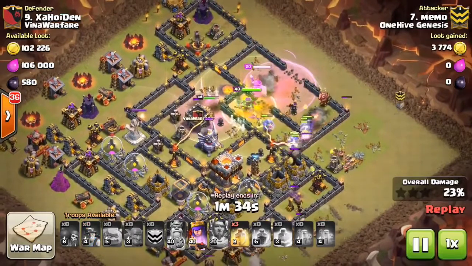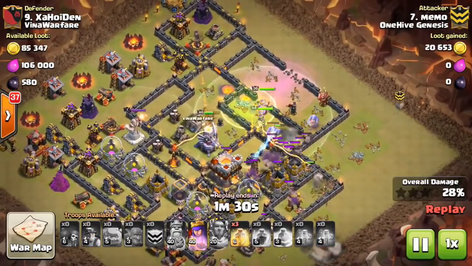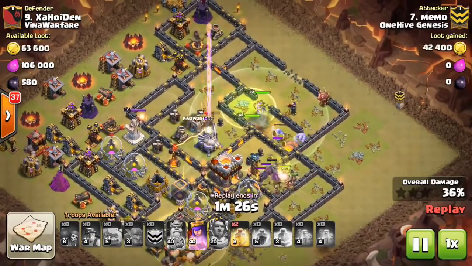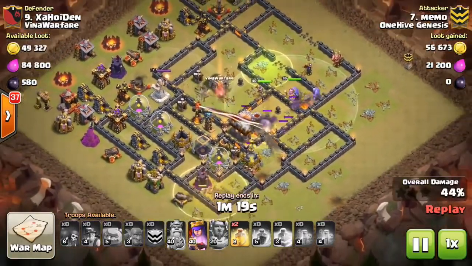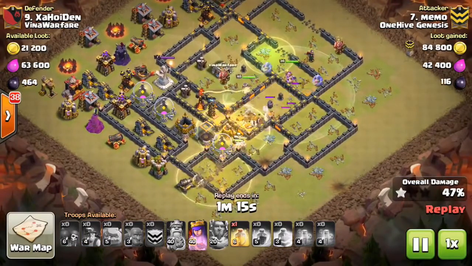Good early deployment there. They're going to tank for each other, adjacent deployment. Like I've said, that's the best way to do it. Get great value, and that helps your kill squad stay up longer. But there's still quite a bit of his kill squad left up. The heroes just took out the Eagle artillery. One of the Infernos is already down, and like I said, at this point in time, it's pretty much a